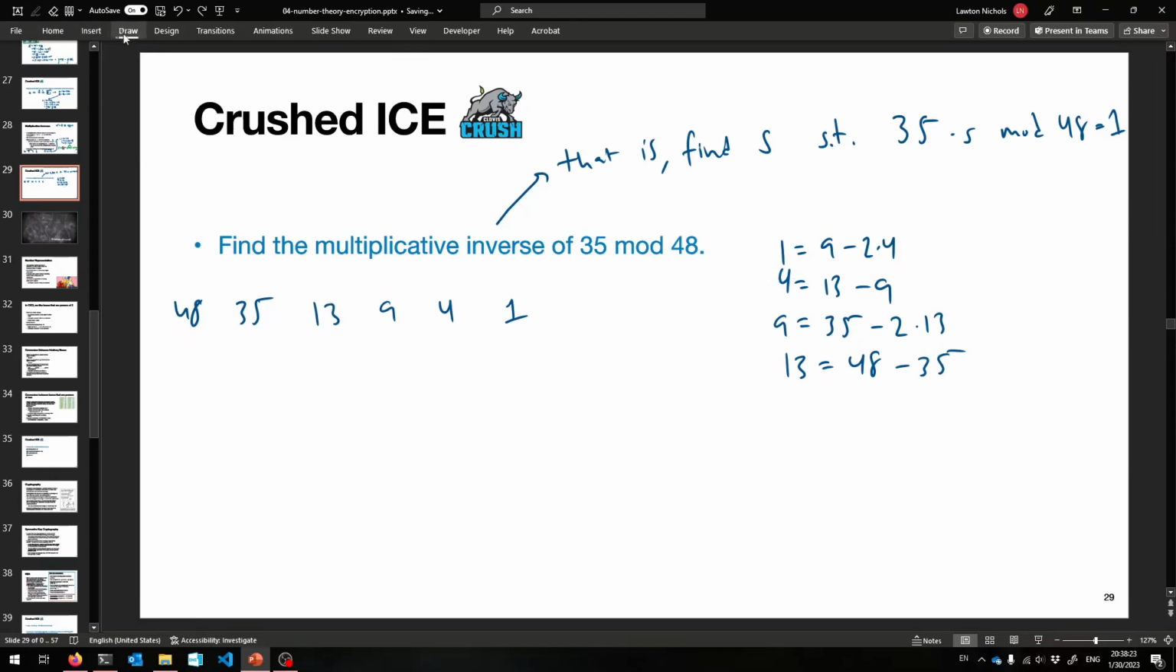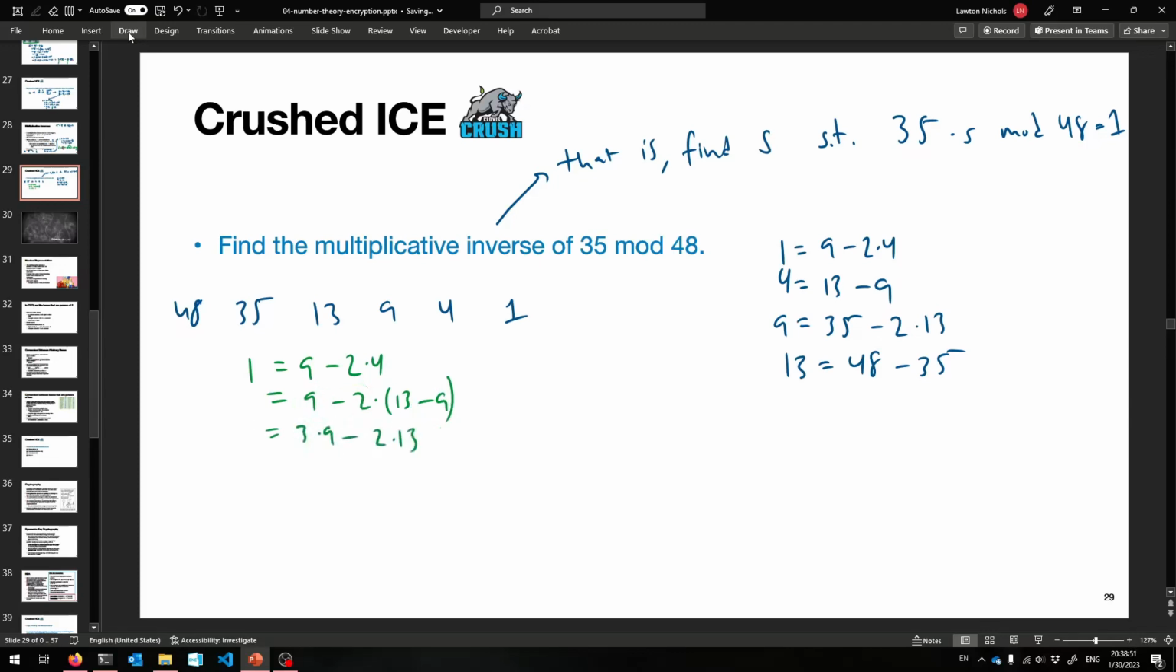So it's a lot of plug and chug, but I think you get the idea. I'll use a different color. So 1 is equal to 9 minus 2 times 4. I'll go a bit faster. 4, though, what is 4 but this? So this is equal to 9 minus 2 times 13 minus 9, which is great. So that's equal to how many 9s? There's 1 plus 2 more, so 3 9s